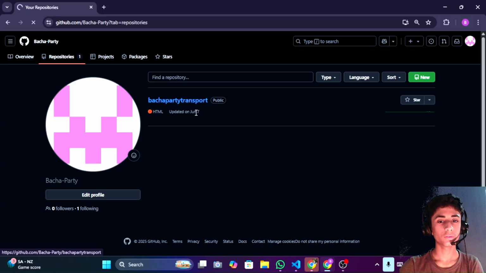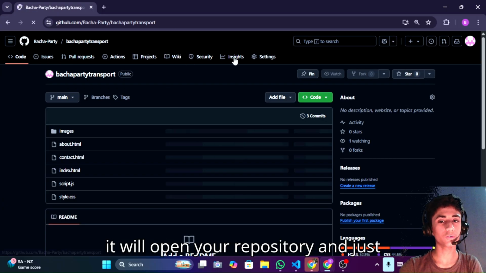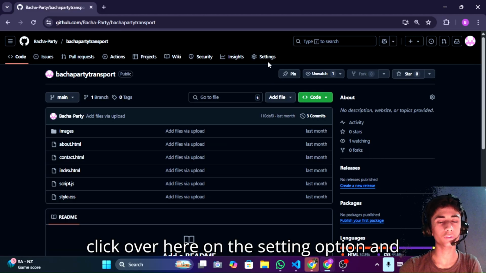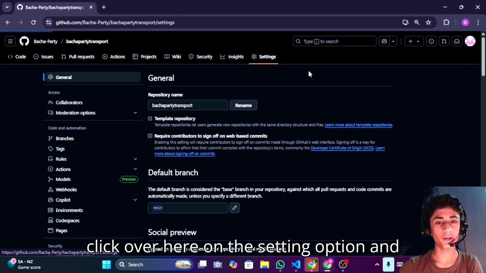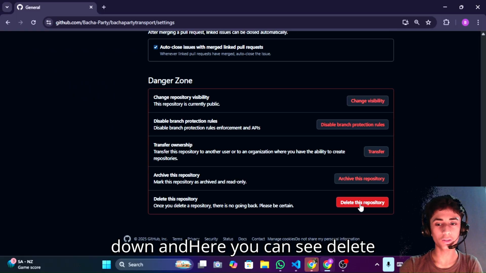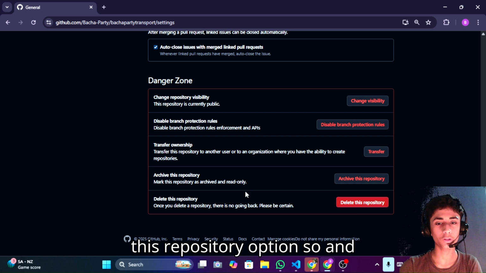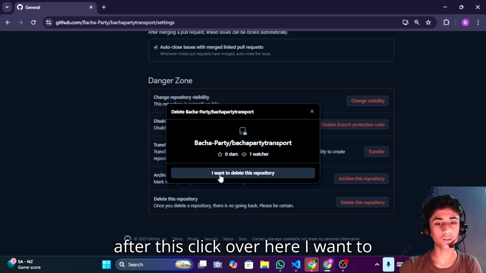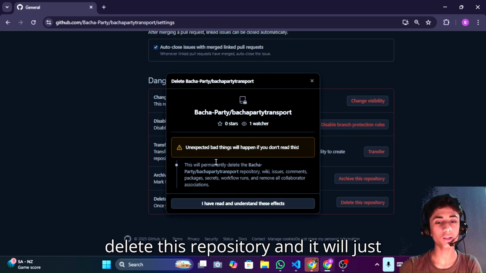over here, and after clicking on the repository name it will open your repository, and just click over here on the setting option, and after clicking on setting just scroll down, and here you can see delete this repository option, so isko daba dein, and after this click over here, I want to delete this repository, and it will just